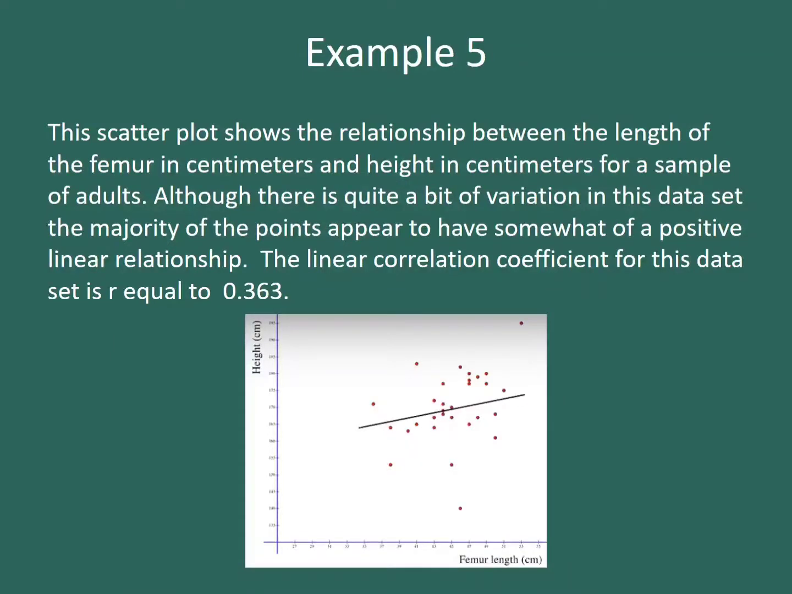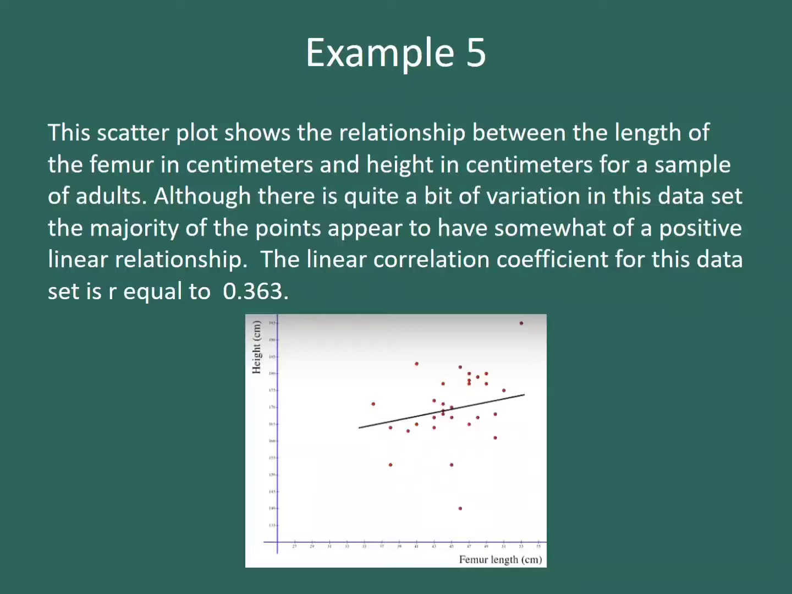This scatter plot shows the relationship between the length of the femur in centimeters and the height in centimeters for a sample of adults. Now, just a crucial note here. Anytime you're doing any form of scatter plot, the measurements have to be the same. So if you're using centimeters in Y, use centimeters in X. You want them to be the same, so there's no